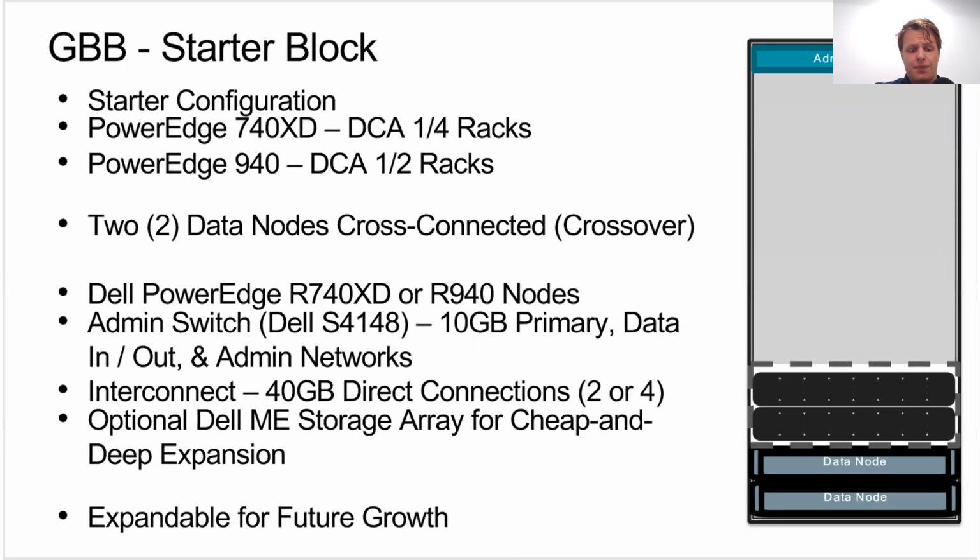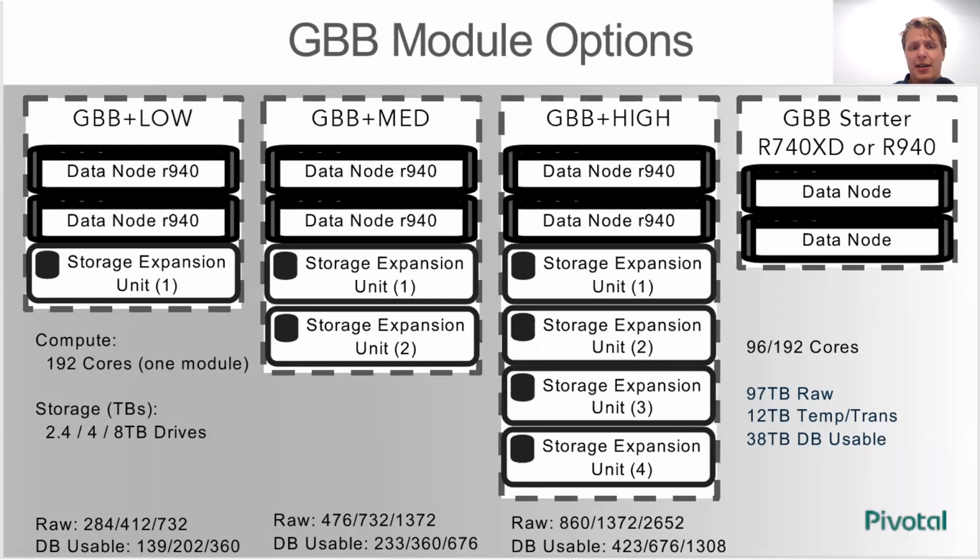And you have the ability to expand for future growth. You can kind of see what the nodes are in this system. And then you kind of have a few different options here from a configuration standpoint. You have the smaller configuration, you have a medium configuration, you have a high throughput configuration, and then you got just your straight up starter. So there's a lot of flexibility within these configurations, but they're also optimized for your